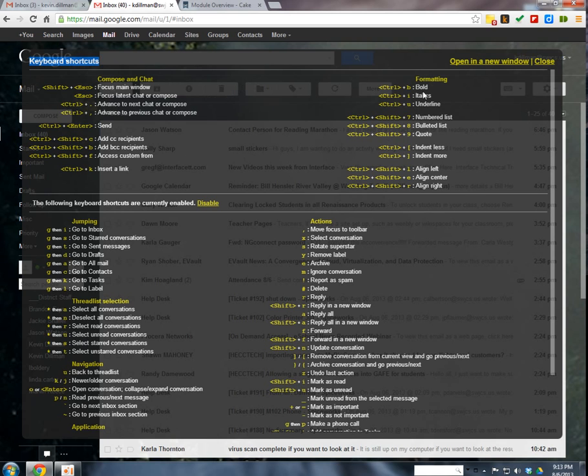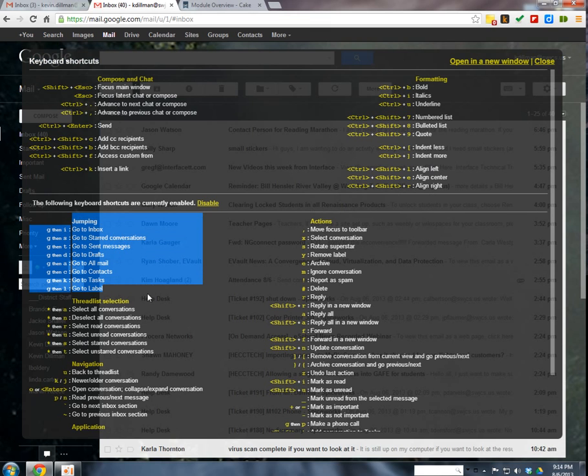The formatting. Honestly, the formatting is similar to what you're probably used to in Microsoft. Control B for bold, Control I for italics, Control U for underline. It's got some nice ones. Control Shift and 7 for numbered list or bulleted list. If you want to add a quote, you can do that as well with the keyboard shortcut, left align, center, and all. Some of the ones that I find very useful are the jumping shortcuts, and I just